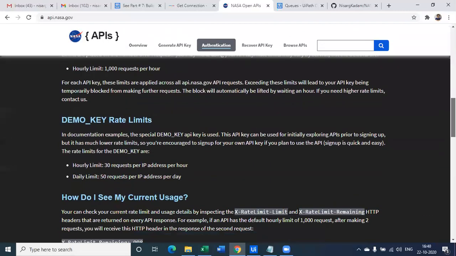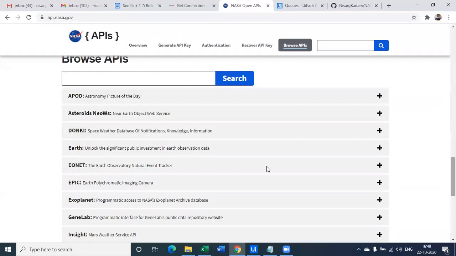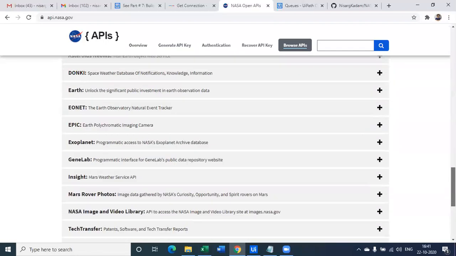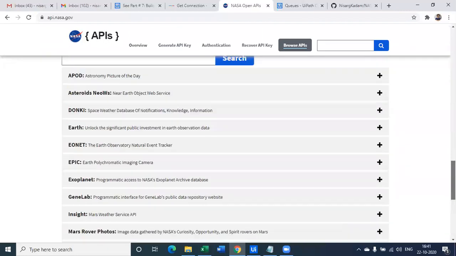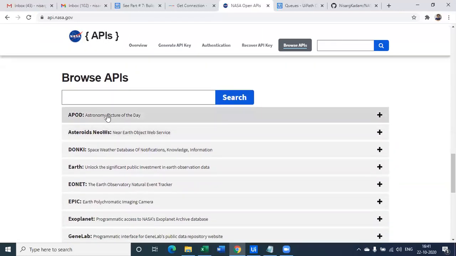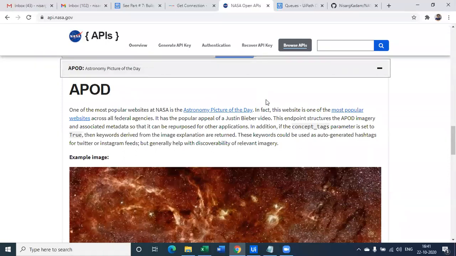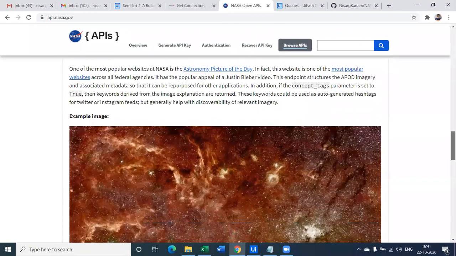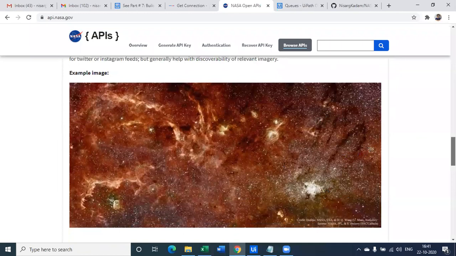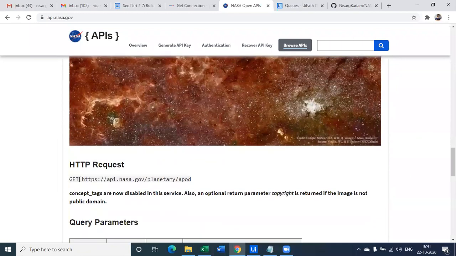capturing all these details which are mentioned here, where we can use astronomy picture of the day, near Earth object. You know, there are so many APIs which are open sourced by NASA and we can leverage them. Now, out of this, we are going to look at today astronomy picture of the day. So what does this API do? This API captures the astronomy picture of the day for a specific day, and you can get that information via API. Now, as you can see here, this is the API.